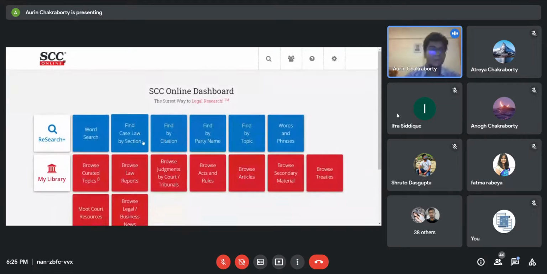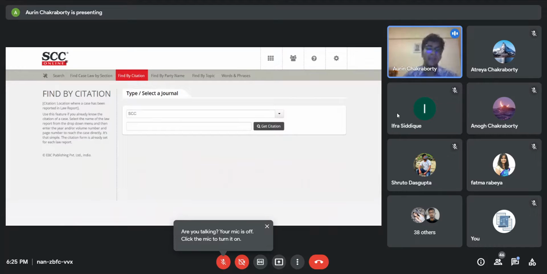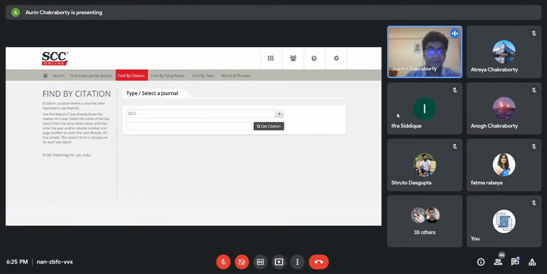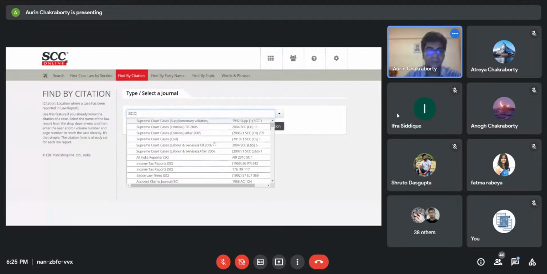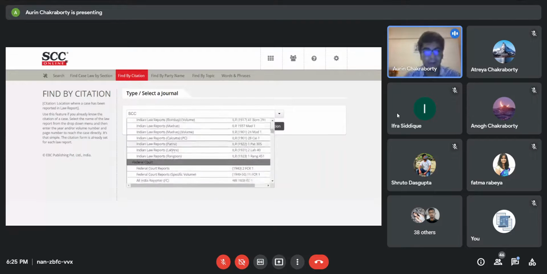I'll move forward then to find by citation. We can only use this if we have the citation, and I think most of us know it. Nonetheless, I'll still do it. You'll find all the law journals which are there in India over here.